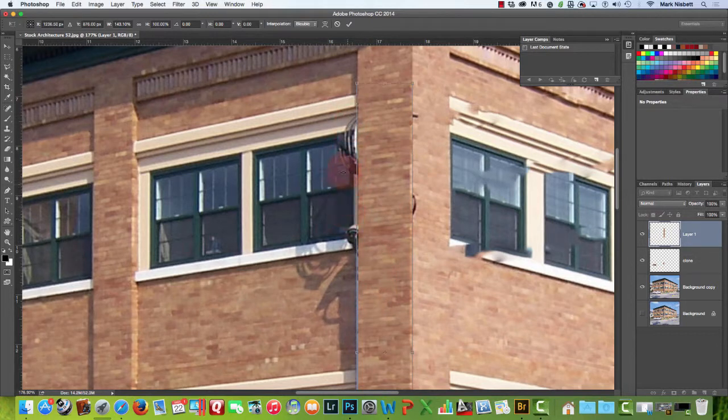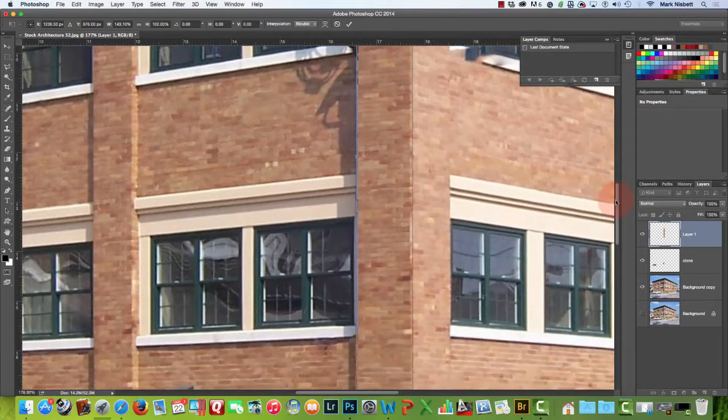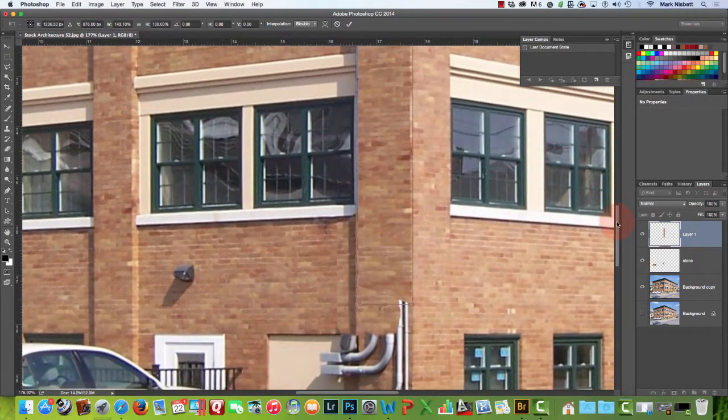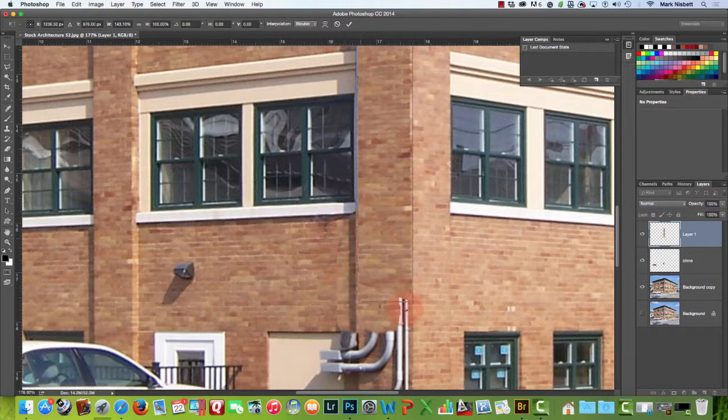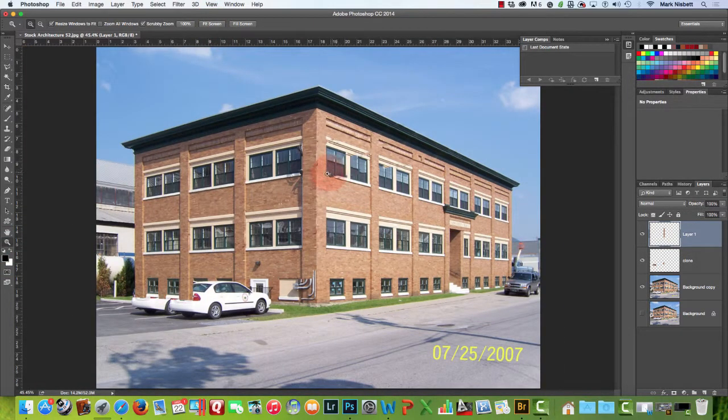We'll still have to clean up a little bit of this stuff here, but we can do that back in the Vanishing Point tool by getting some of this stuff out of here. So you can see here it looks pretty good coming down like that. Okay, I'm going to clean this back up again once we get in there. I guess that's it. So we'll accept that, and that puts that in there like that. We'll zoom out, fit screen here. So that was an easy fix there. Instead of doing all that cloning, we just basically took that and stretched it out and fit it in there. So now we'll go back into